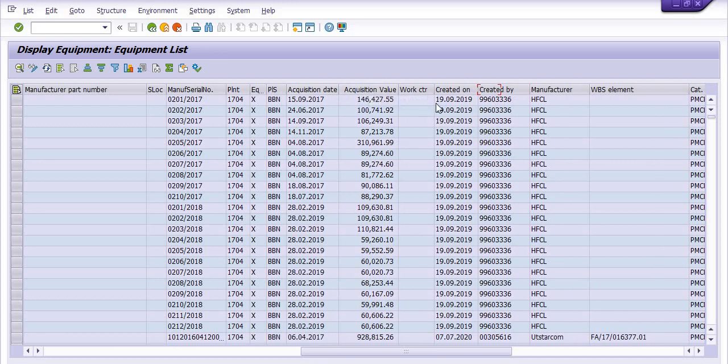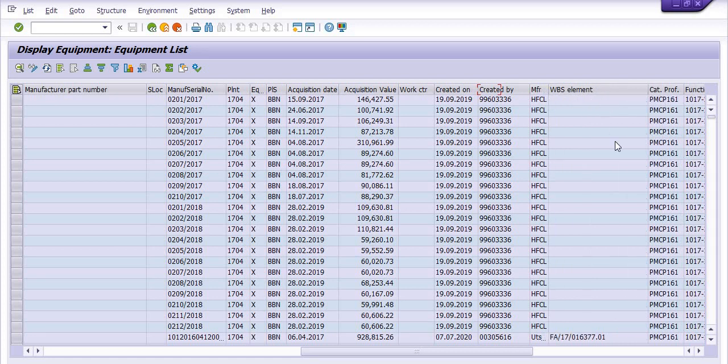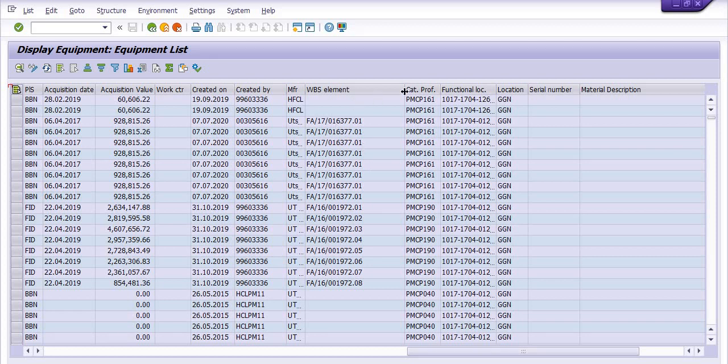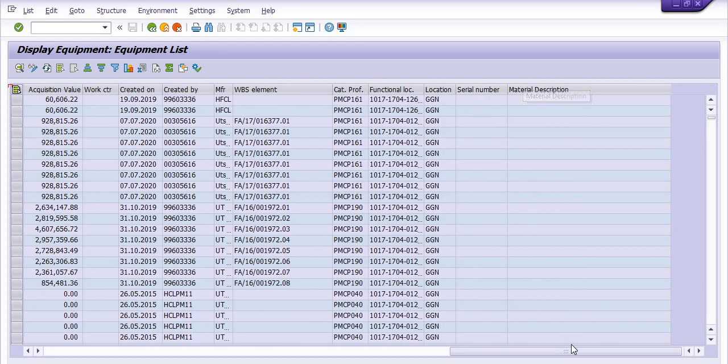This is the acquisition value, work center, created on, and manufacturer. These are the WBS elements with respect to this WBS, catalog profile, functional location and location, serial number and material descriptions.